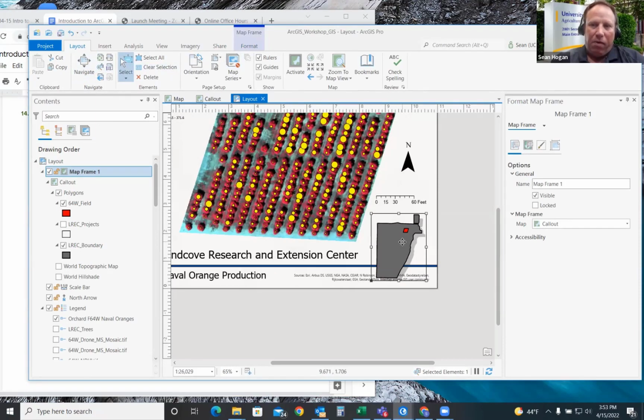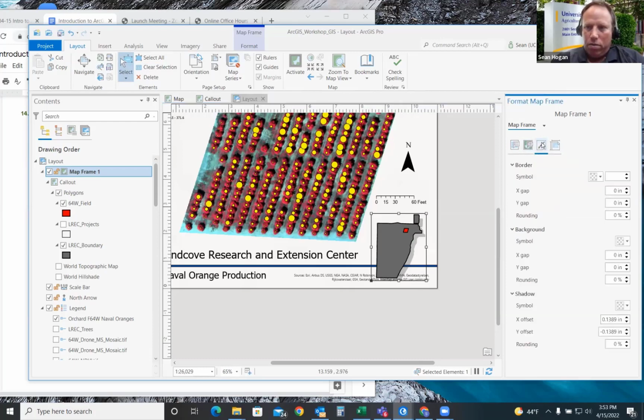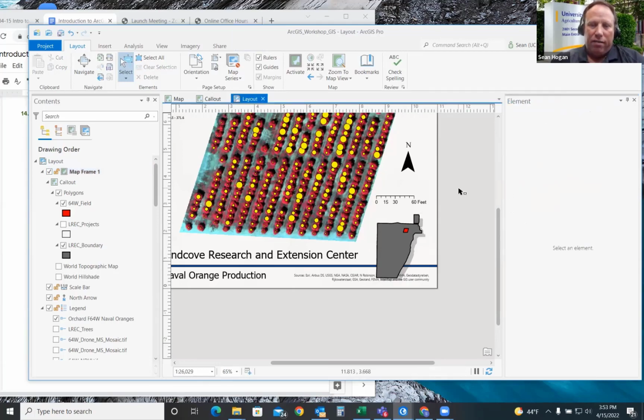Now this frame, the properties are showing up, and you see this dark line around the outside. We might not want that. The way that you get rid of that dark line is it's automatically defaulted here on the right side. We go over to the third one over, the pencil, and just reduce the outline border to nothing. And now when we click off, it's gone.